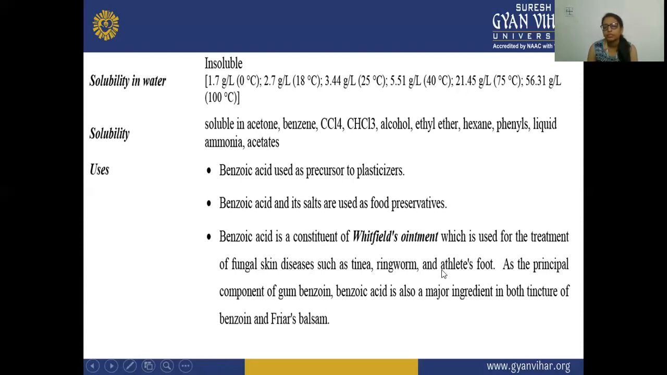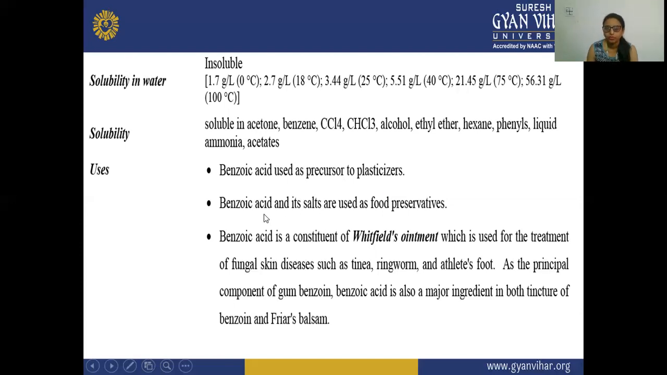athlete's foot. Athlete's foot means a fungus infection in between your toes. So here it is also used in tinea, ringworm, and athlete's foot, as the principal component. Benzoic acid is also used as a principal component in gum benzoin. Benzoic acid also plays a major role in both tincture of benzoin and Friar's balsam. So here benzoic acid is used as a precursor to plasticizers. It is used as a starting material for the formation of plasticizers, and